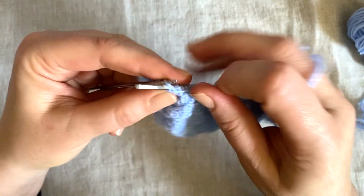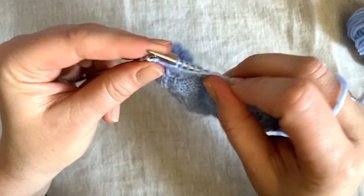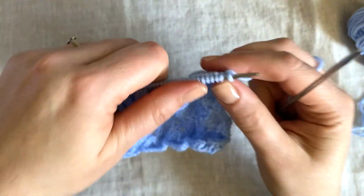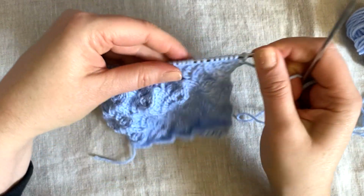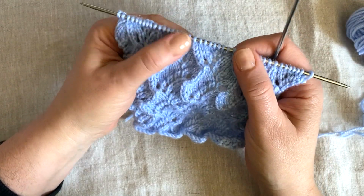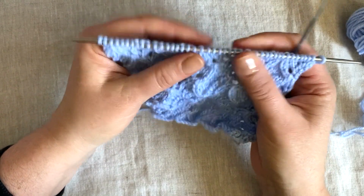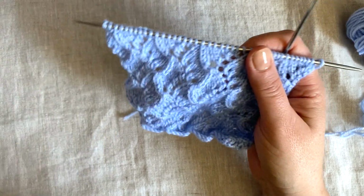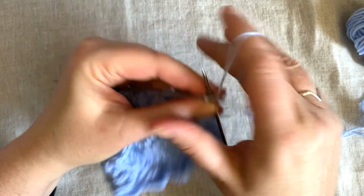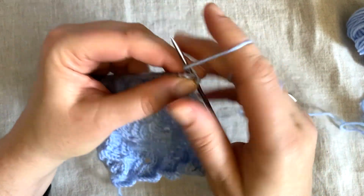Stitch is a purl 1. Row 7. So we've gone to the left with the decreasing and to the right with the eyelets. So now we're going to switch it up. So row 7, we've got knit 1 edge, knit 5,